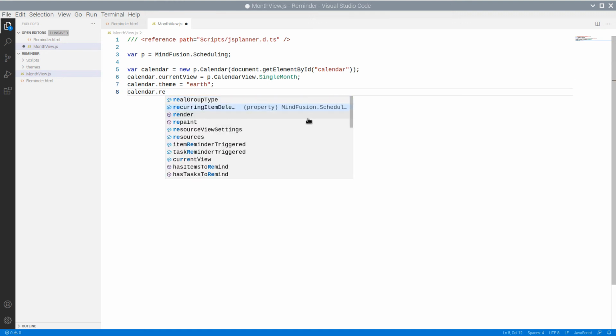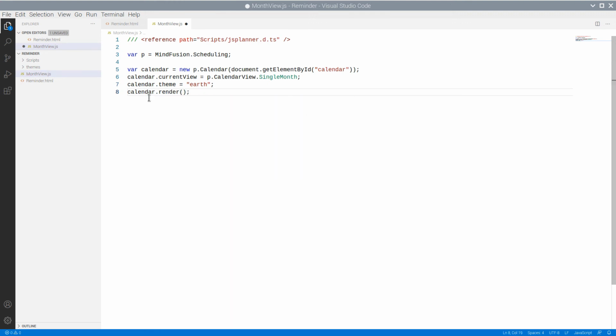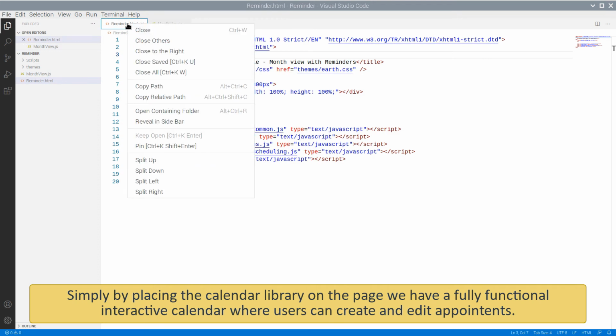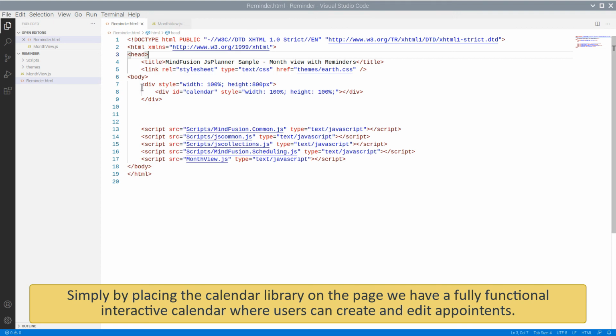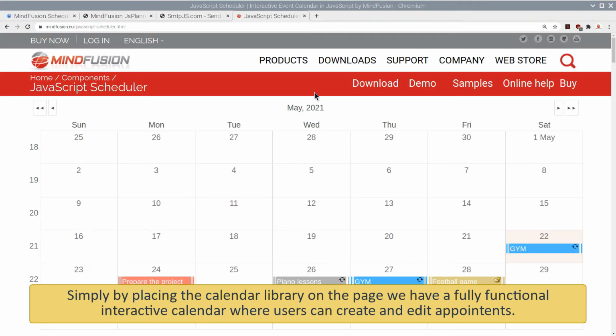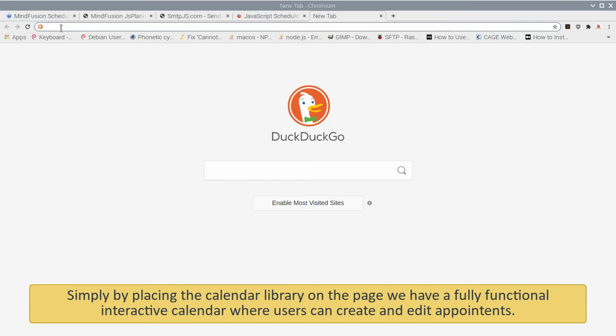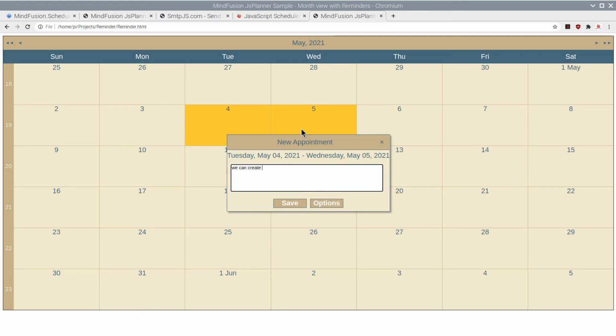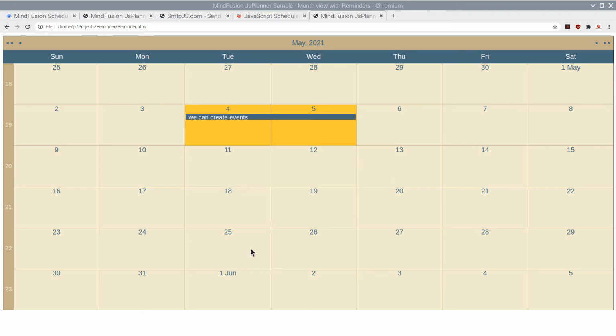Finally, we call the render method and we should be able to see the calendar. Yes, here it is. It is fully interactive and we can create appointments. Of course, they don't trigger any reminders.